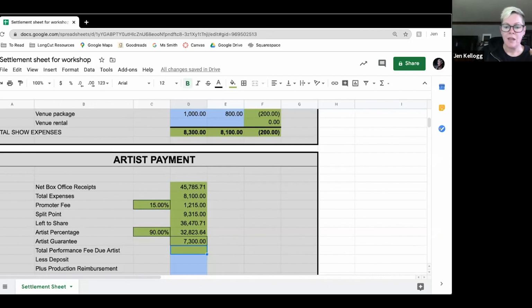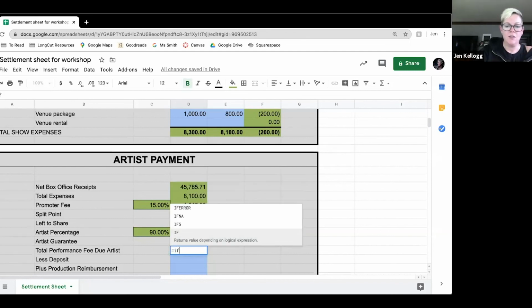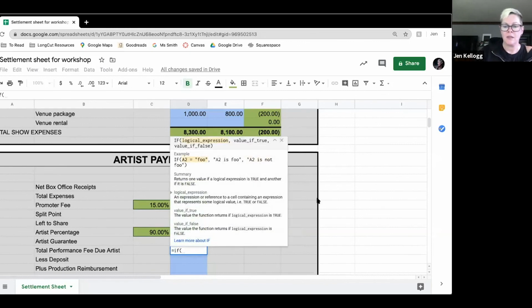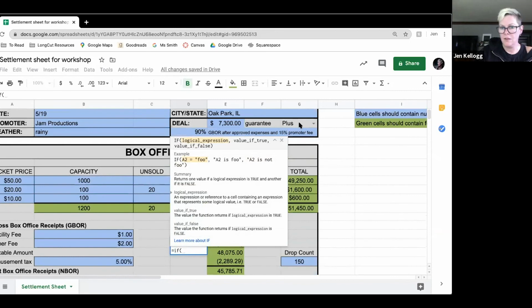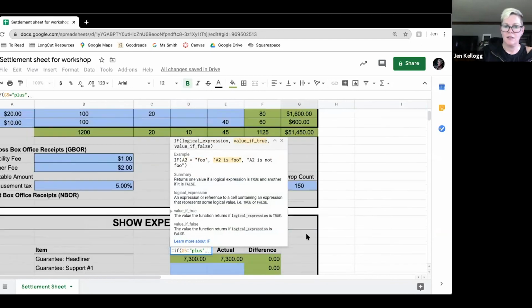So we want to use an if function here for it to decide which calculation it should do. So equals if this plus cell equals plus, comma, what I want it to do in that case is,